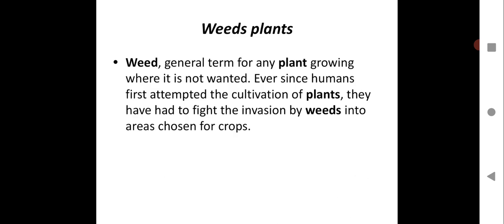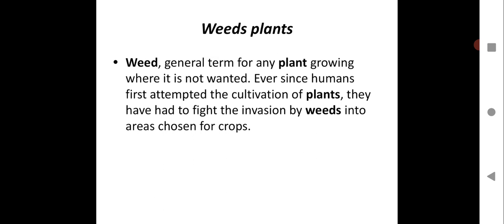And weeds, let us see weeds, one more type of plants, and they have altogether different characteristics. Up till now we have seen plants which are grown for beautification. There are plants for medicinal values, and trees, all of them have some medicinal values. They either give beautiful flowers or fruits. Now this is a different type of plant which you are going to learn, that is weeds. Weed is a general term for any plant growing where it is not wanted. So we don't want these plants. We never grow these plants. They naturally grow, and they are unwanted plants.